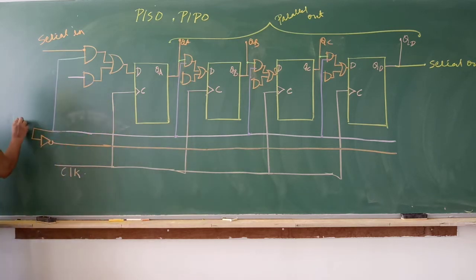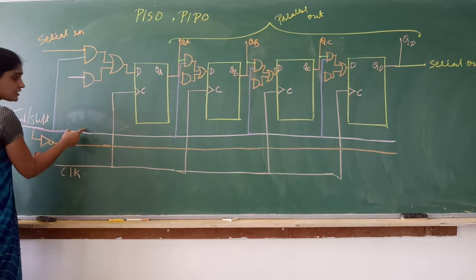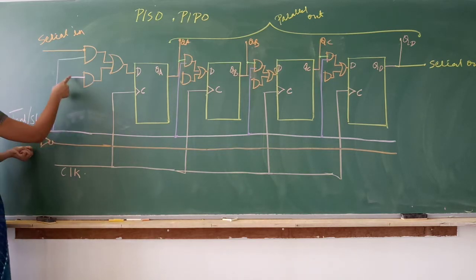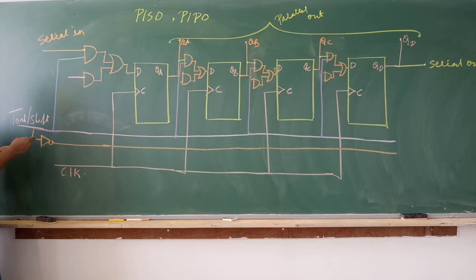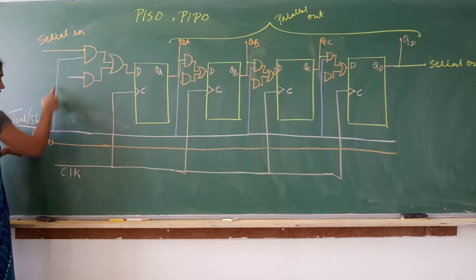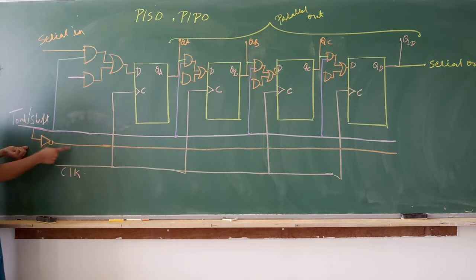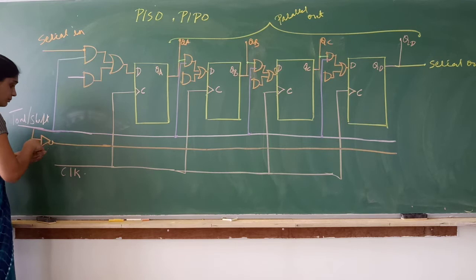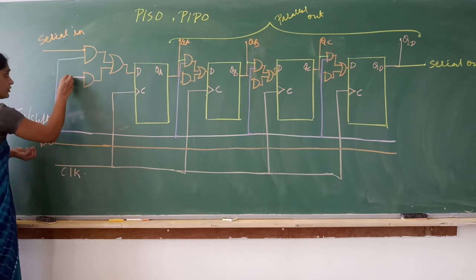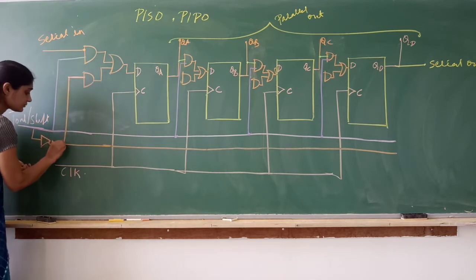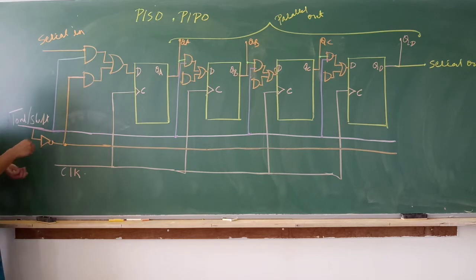This is load bar shift. This is load bar shift through a NOT gate I have connected over here, right? I have written here NOT, same thing I shifted here because I need to give connection to these gates, right? So this connection is done. This is from load bar shift, and we have one more line that is load bar shift. The same line is connected to a NOT. That is going to be the first input for the second AND gate. I'm sorry, it is AND.